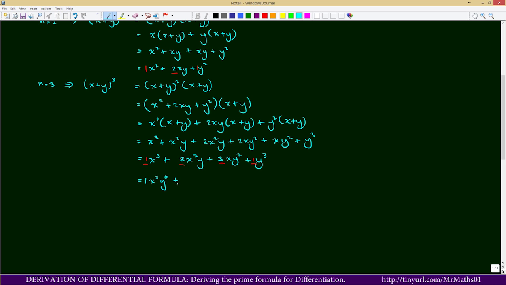So there is no effect whatsoever by this coefficient and this y to the 0 power here. I'm putting it there so that I can show you the points I want to raise here. And the second coefficient, 3x squared, decreasing power of x, now with increasing power of y, y to the power of 1. And the third coefficient, 3, decreasing power of x, which is x to the power 1, with y squared this time. And the last coefficient, 1, with x to the power 0, that is the hidden x term, with y cubed. Alright, now